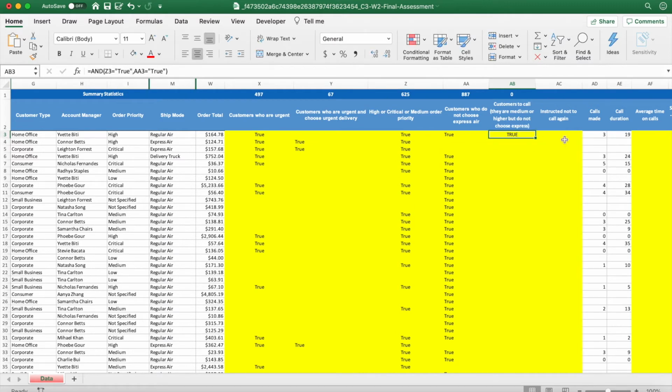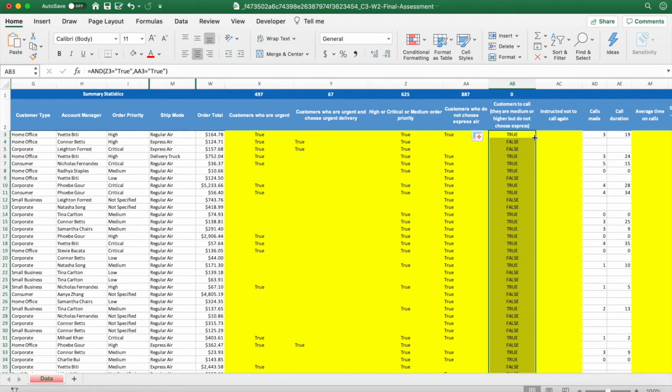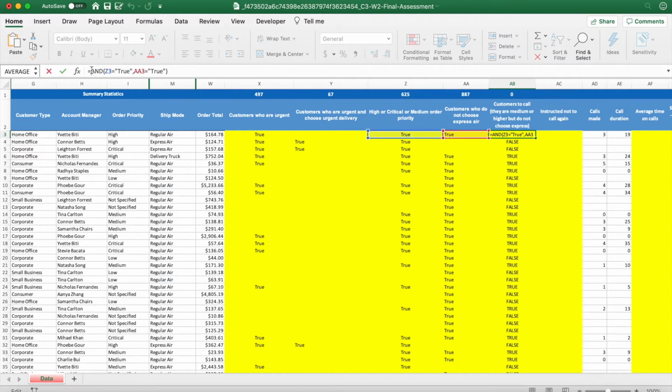Close brackets, drag and drop all of these, and now we have true or false. The next part of the equation is to do the if. So if it is true, what do we do? We call them. So let's do that. This is the logical test, and if it's true, we do call them. If it's not true, then we do not call. Close brackets, hit enter,